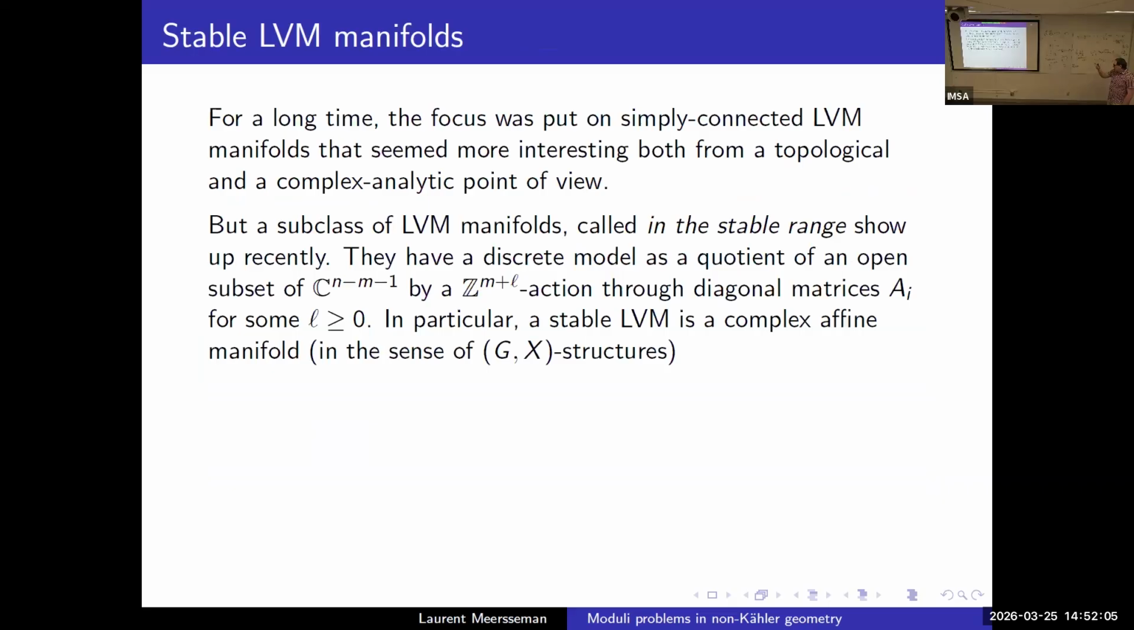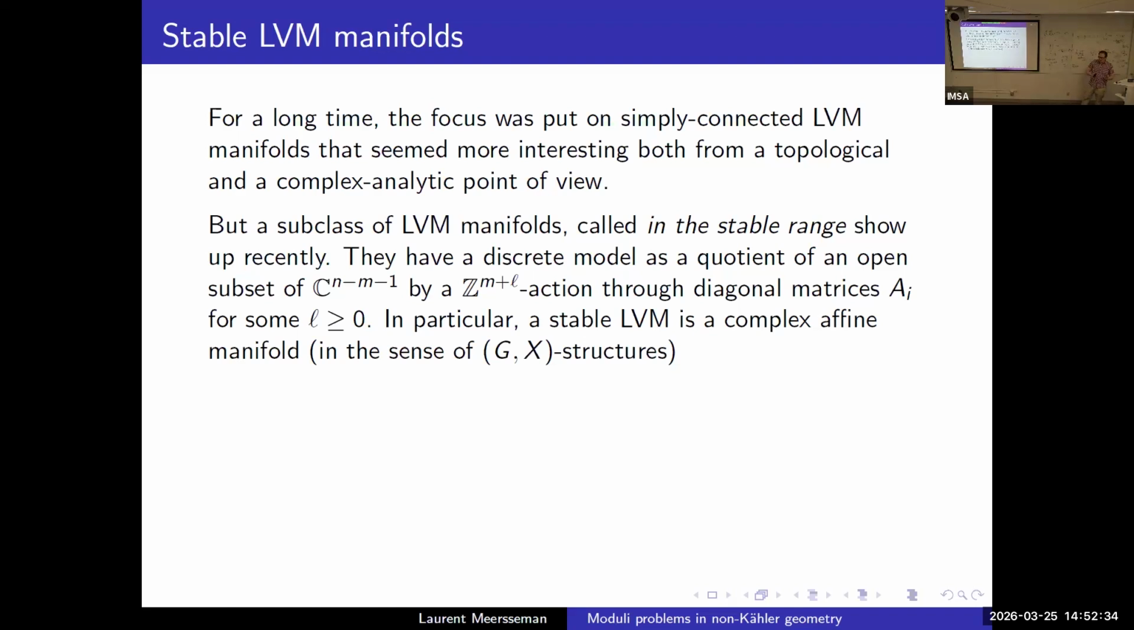And they also have very different complex analytic properties. But in fact, there is a special subclass of LVM manifolds with a big fundamental group, the power of Z, and they are called in the stable range. I won't give the precise definition, but one of the main features of this subclass is that, recall that the